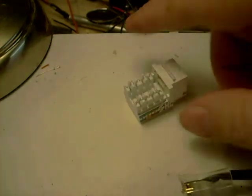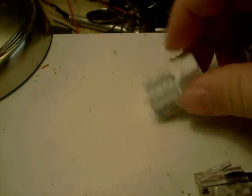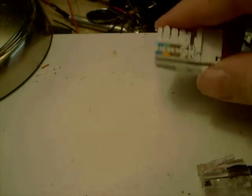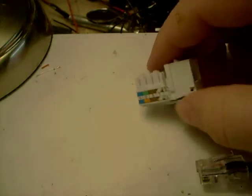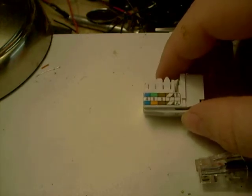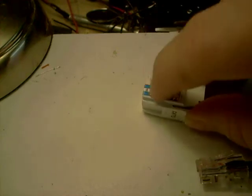So with that, we're going to go ahead and talk about how you're going to wire up your socket here to your gun. It's pretty straightforward here. So you might want to take notes on this here real quick, and you'll probably end up replaying this section of the video quite a number of times, so I'll do it real slow here. Alright, the red wire, which is normally your hit LED, will be a blue wire, or blue connector